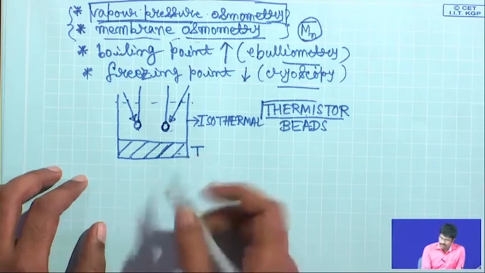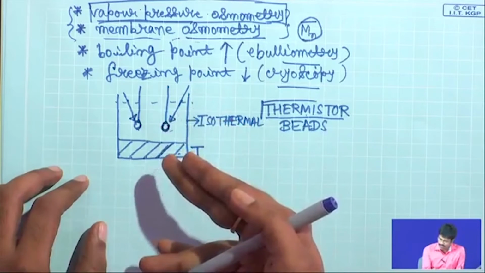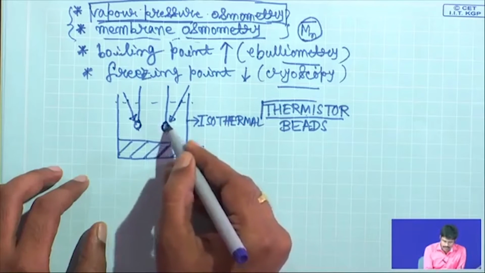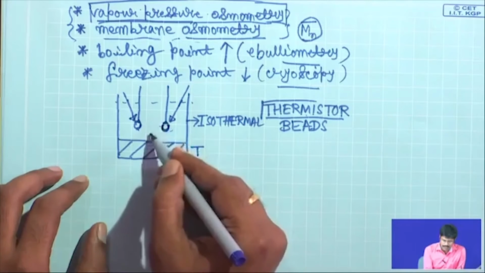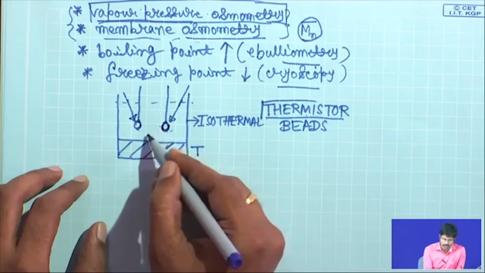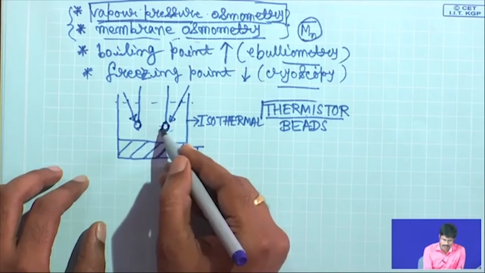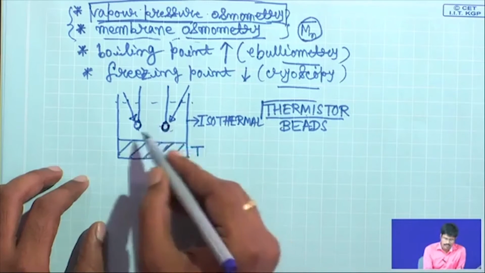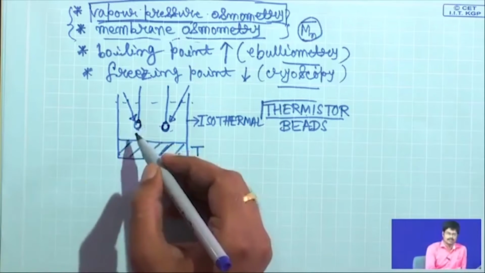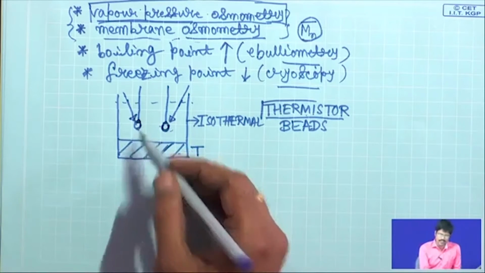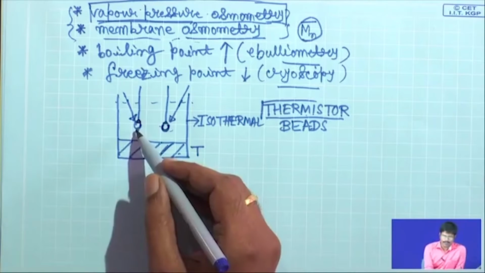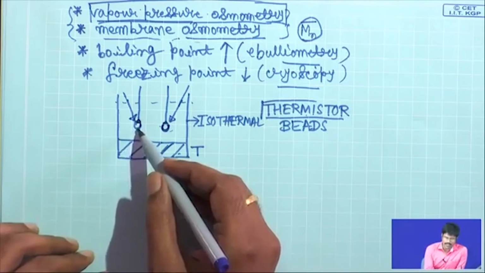Now, you know the solvent vapor is in equilibrium with the liquid phase, and this solvent layer is in equilibrium with its vapor phase. So, then no net condensation or evaporation of the solvent occurs, neither condensation of the vapor to the drop nor evaporation of the solvent from the drop. But here what is happening is that you have a solute in the form of a polymer in that solvent. So, the vapor pressure of the solvent is lowered, and that is related to the mole fraction of the solvent. So, this lowering of vapor pressure, what does that mean? The vapor pressure of the solvent is lowered because of the presence of the polymer.